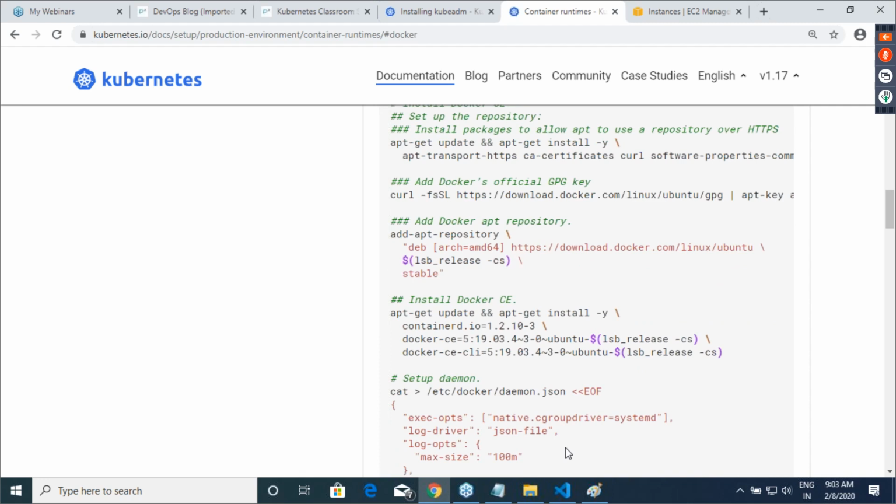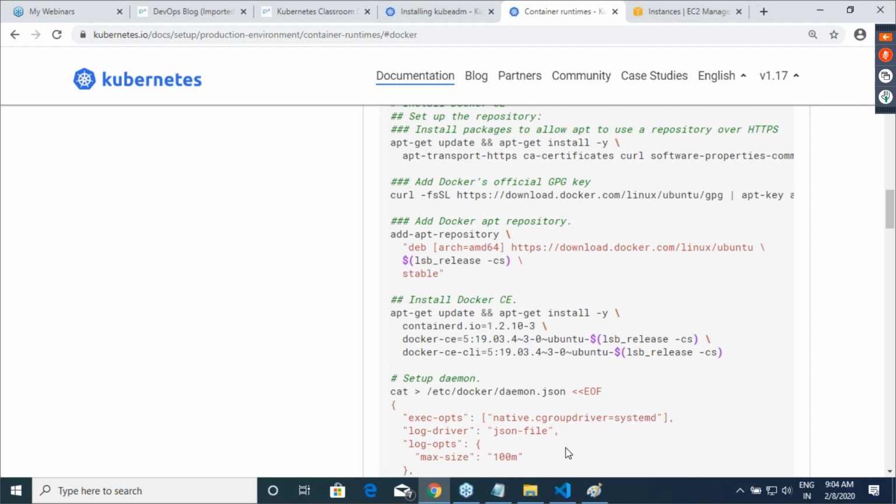But this is very much guaranteed to work because the basic problem is Kubernetes is designed to work with Docker versions, also the latest. But sometimes the latest version might not be tested on whatever Kubernetes version you are trying to install. So in these instructions, you will always have the latest version of Docker which Kubernetes has tested, which is guaranteed to work. But if you do it using the get Docker script and all of that stuff, the problem is that it will always go to the latest version and there might be some problems. It is not that there will be problems, there might be some problems. So I'll be following this for installing Docker.